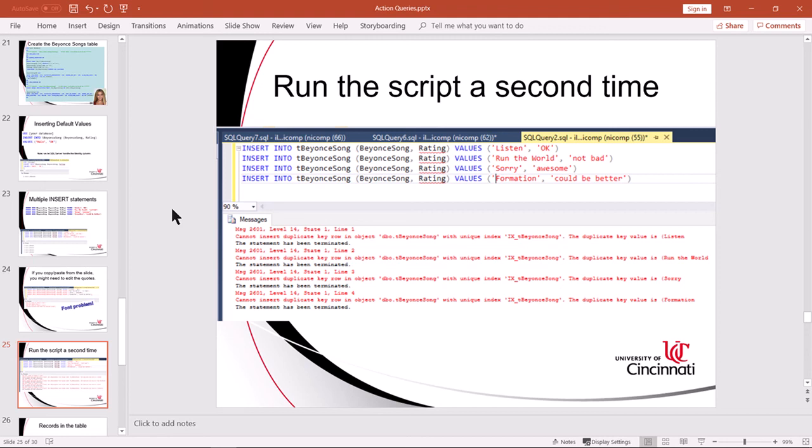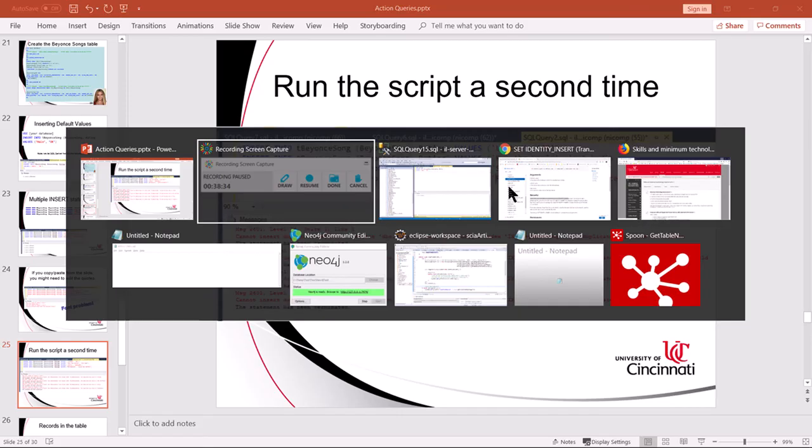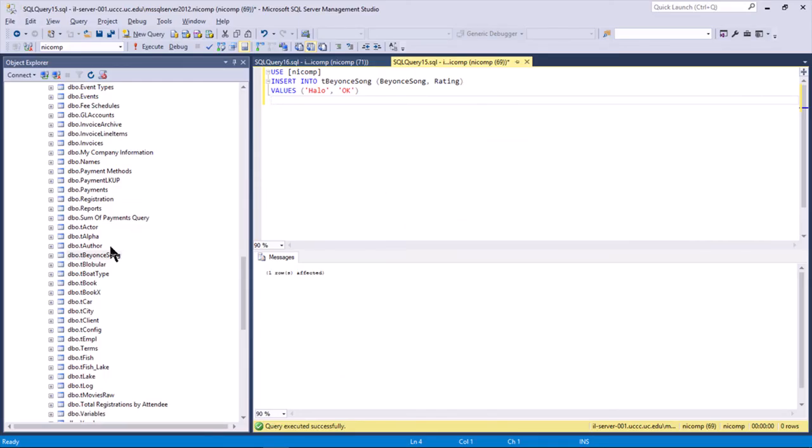You can't do it. And you probably realize that by running these 4 insert statements a second time, you're attempting to duplicate the song titles. And the error messages are telling you that that is not allowed because the song title is a key and duplicate keys are prohibited. If you want to verify that, go back to the design